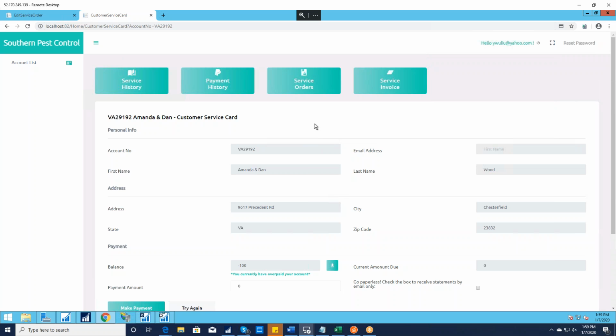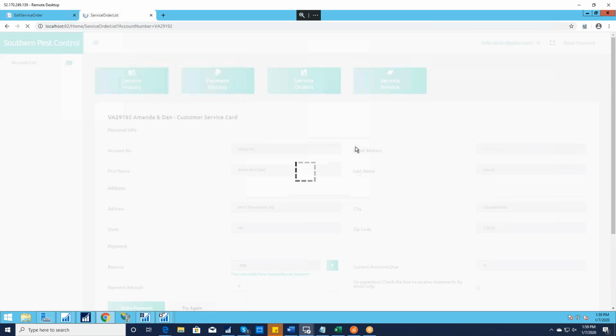Right. So the advance payment was not working, even though you set an installment amount. Well, it's two different things. One is the advance payment like this. Okay, now they've got a $100 payment sitting on their account. Now we've got to go back to the service order,